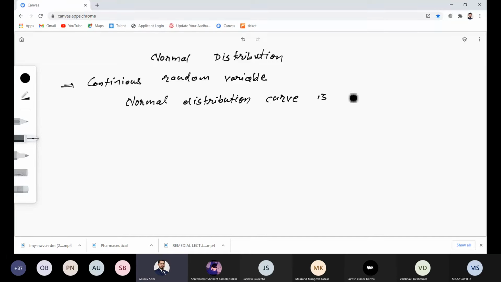is given by y is equal to 1 upon sigma under root 2 pi e to the power minus x minus mu square upon 2 times sigma square. So this is your probability density function